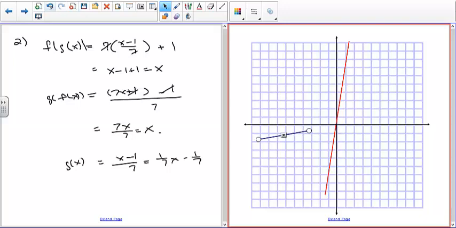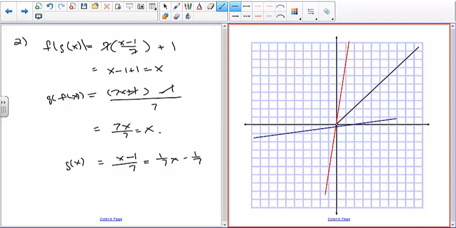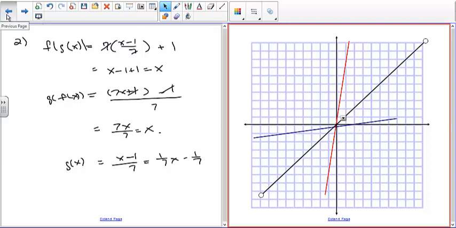Actually, let's start over again. So this goes down here, negative 1/7. This needs to come down to there. Okay. And then we stretch this thing out like that. And then if we do the diagonal line here, something like that. So again, you can see that it's symmetric around that line. Okay, then the next two